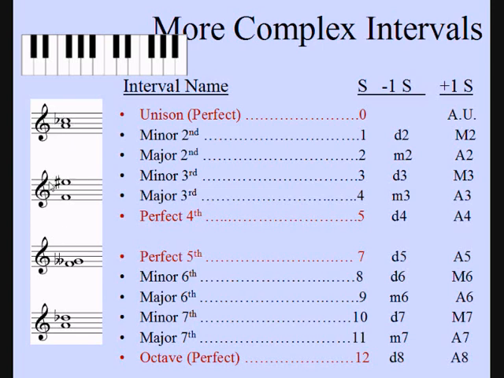Let's look at this one. As always, we count the staff, the lines and the spaces first. 1, 2, 3, 4, 5, 6, 7. This is a 7th. Once again, it might not sound like a 7th, but it is a 7th. And you know that it's not going to sound like a 7th because that E sharp is going to sound like an F, therefore these are going to sound like an octave. But from the written point of view, this is a 7th,